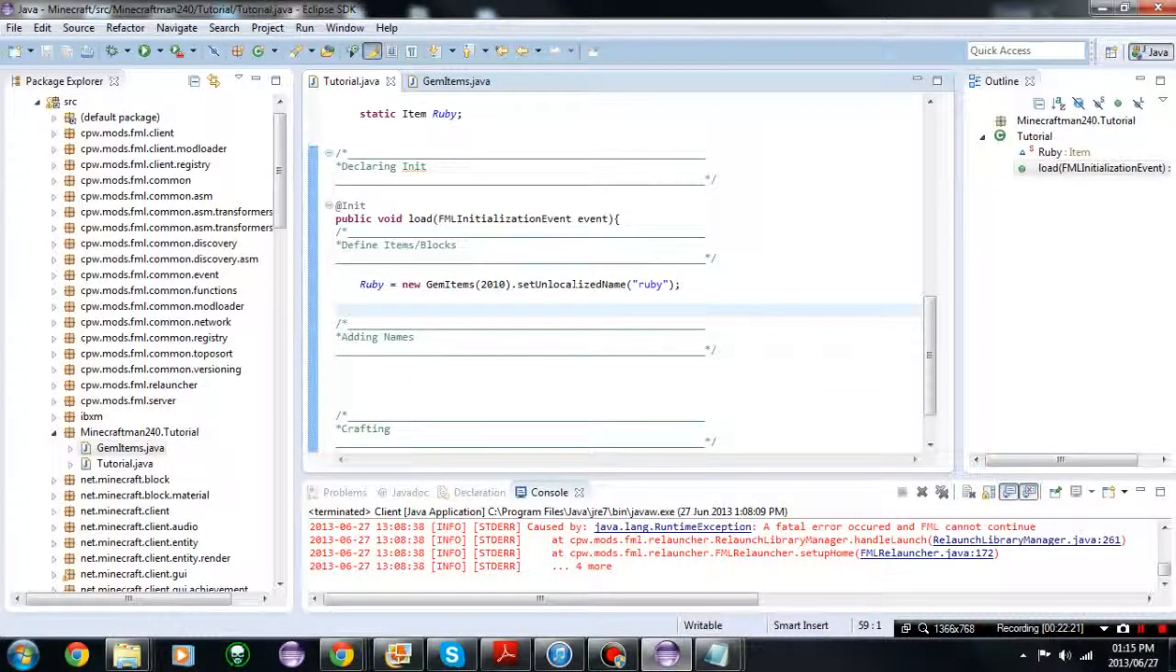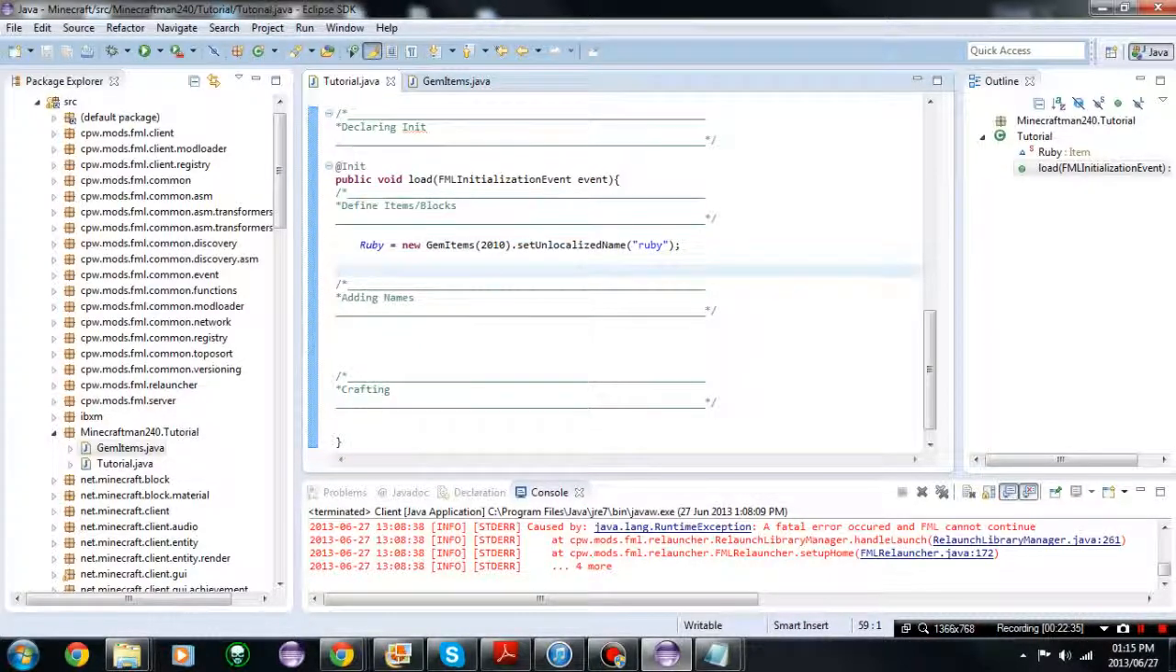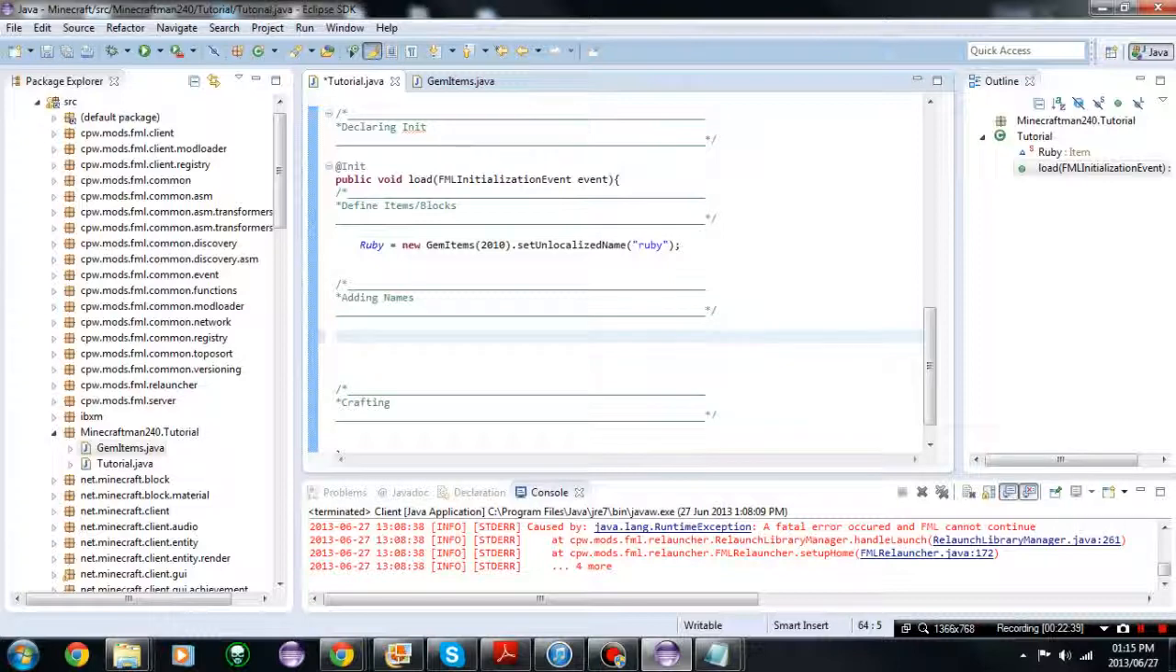Okay, and now we can go back here, and now we have this in the game, but it will not work. That's what I'm saying right now. Okay guys, it will work, but it won't give a proper name. You can hover over it in game, you will not see a name. That's where adding names comes in. Just go here and type in